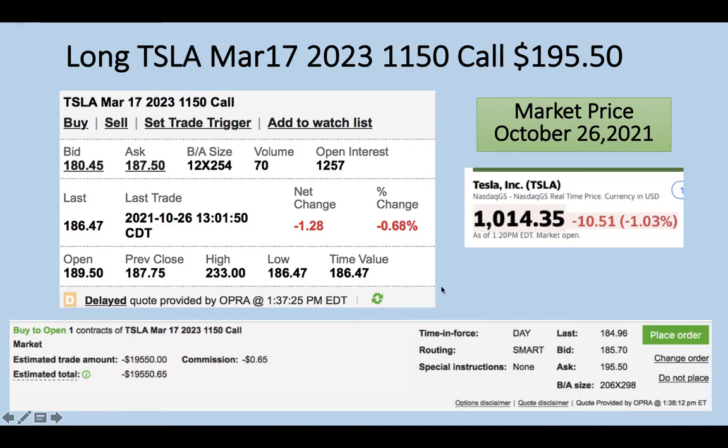So let's look at this. Why would I want to buy this call option? Well, this is a long time away. March 17, 2023, and currently it is only 2021. That is almost 2 years away, right? So in March 2023, if I buy this call option, what I'm thinking is, if the Tesla stock price goes up, I would think the Tesla price would go up to $3,000 per share in 2023, even sooner, right? I was thinking about this, but do I want to buy 100 shares of Tesla